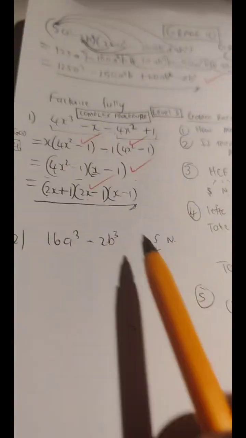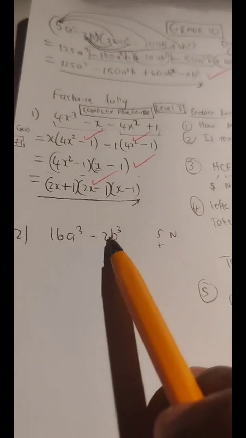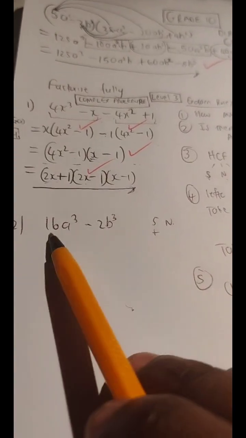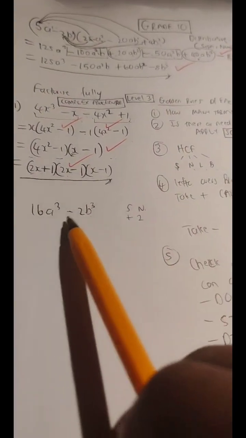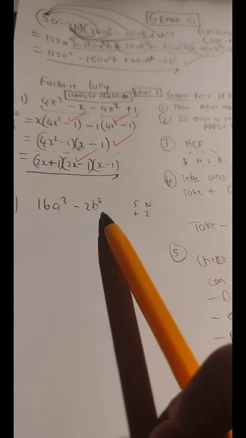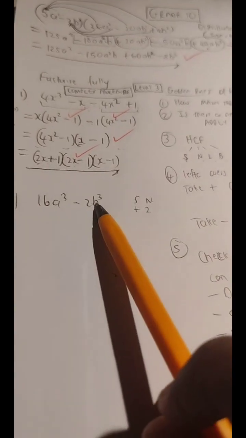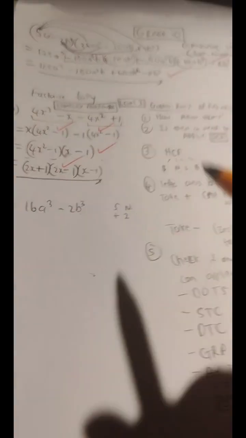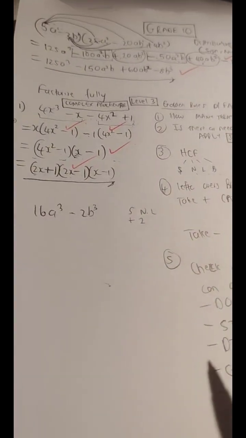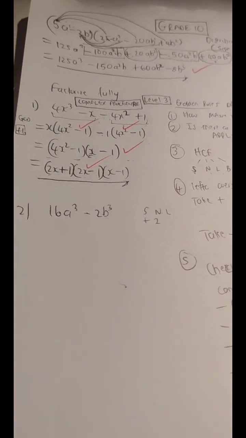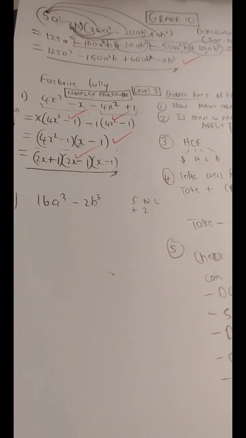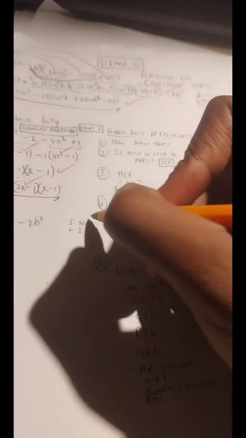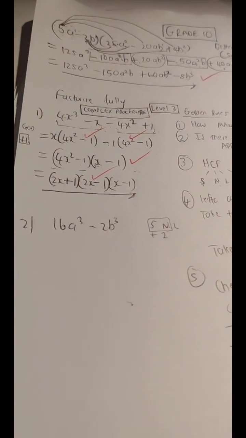Positive sign, positive number, 16 and 2. Highest common factor between 16 and 2 is 2. Is there a letter that we are going to take out, which is a highest common factor? A cubed and b cubed, is there a letter? Not even, guys. There's no letter that we're going to take out there, so there's no highest common factor letter. Bracket, is there a common bracket somewhere maybe that we are not seeing? Definitely not. So that means, guys, it's SN today. All right, just sign and number.